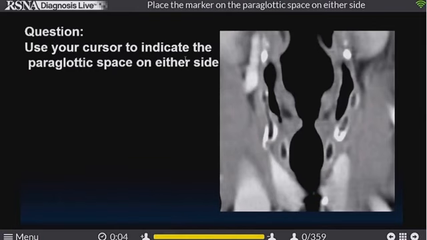Now the next one is a touch question. Use your cursor to indicate, or pointer, the paraglottic space on either side. Now while we're guessing those of you that aren't clicking, I want you to put your hands up. If you notice, the one that makes an L is your left hand. So it should be helpful, any of these are that are going forward. However, that does not work in axial CT. That's why we allowed you to have both of these, either one.